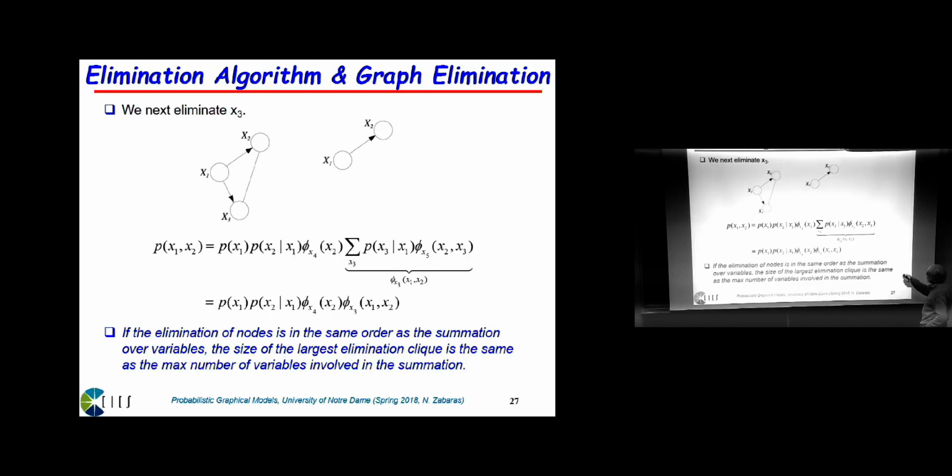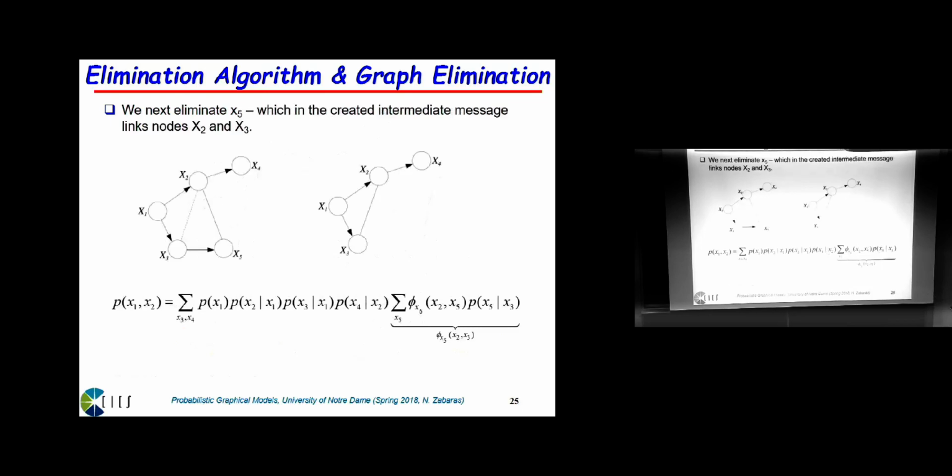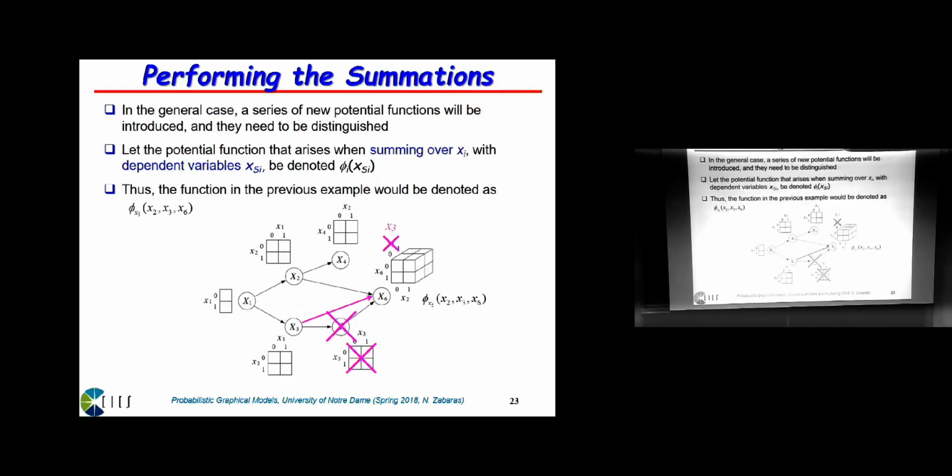in this summation. So for example, here I have two variables. So the cost of this, if each of them can take r values, will be r squared, all right, for each value of x3. Here there are only two variables, and here I have two variables, and here I have three variables. So this calculation of this potential will be basically the most expensive in the process, and effectively, so you can actually,